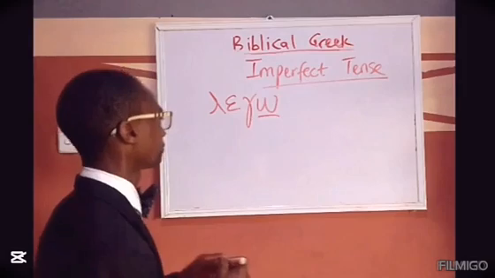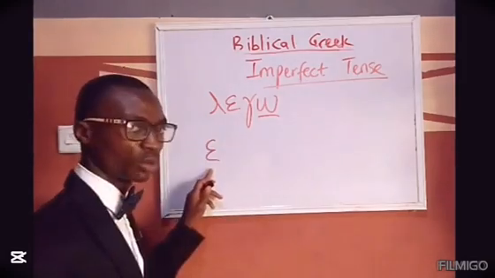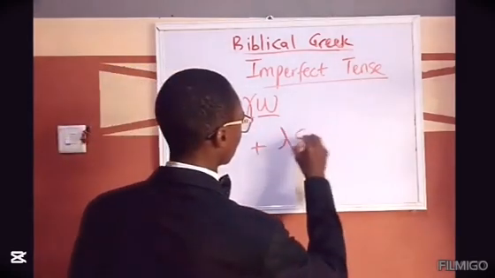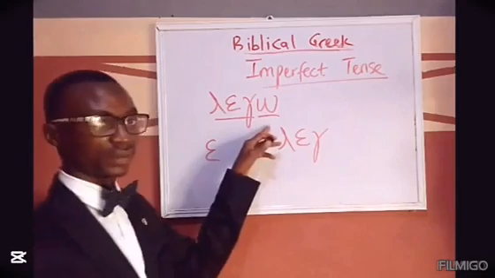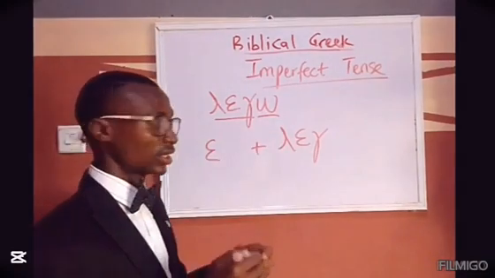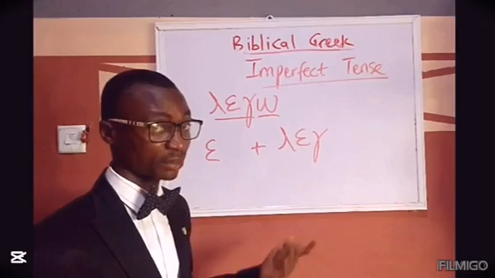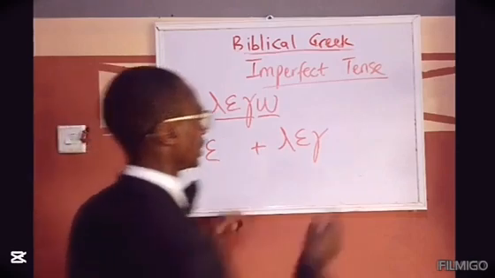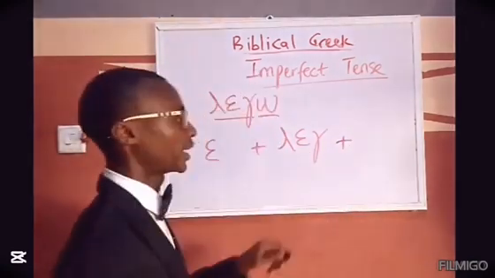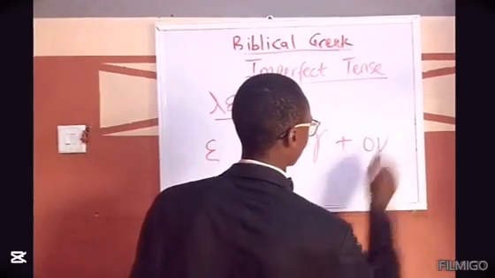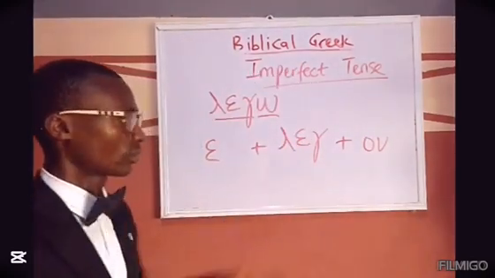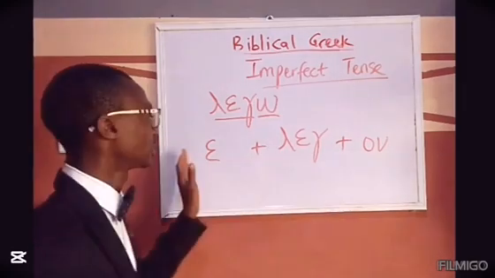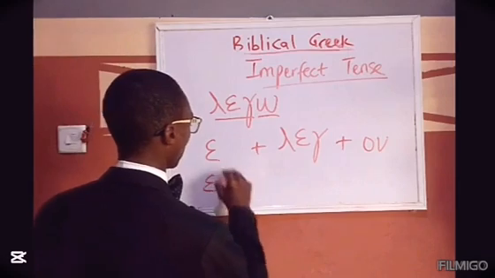Now this is the way it works. We have to attach an augment, then the stem. This is the stem, that's leg. And then we add the ending. Now this is the present active indicative ending, that's present tense. So I want the ending for the imperfect tense. The ending for I is on. So now augment, stem, and the ending. So it becomes